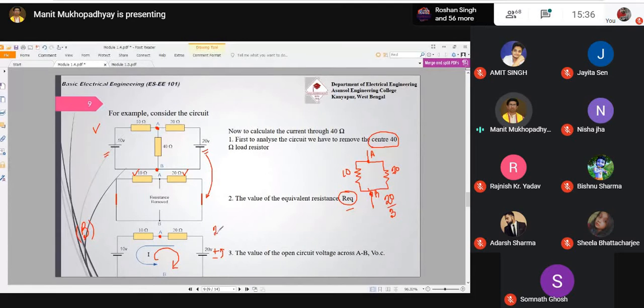So I am writing here 20, correct? Now current is flowing in this direction, so this side will be positive, this side will be negative. So our voltage is dropping, so we can write here 20 into I. Again, current is flowing in this direction, so again this side is positive, this side is negative. So again potential is dropping, so 10I. Again, this side is positive, this side is negative. So again, when we go in the blue line path, okay, just a minute.